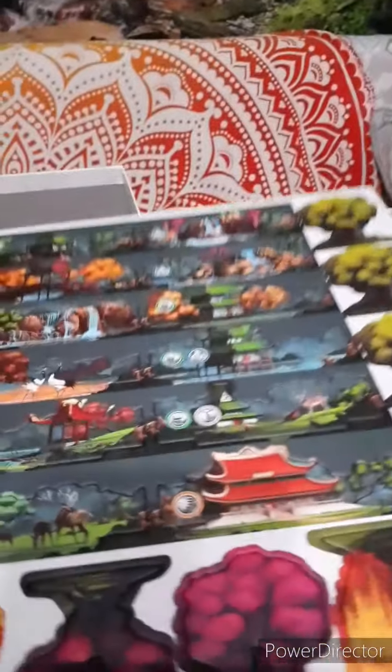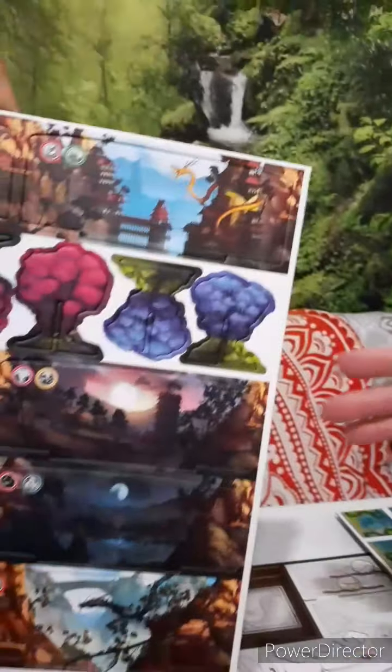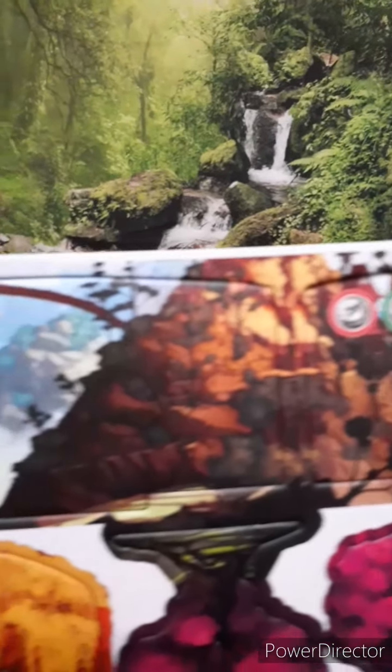Yeah. So that mix. Look at that. And then these are the trees. Wow, so beautiful. And then these are the landscapes. So this is gonna be part of this. Look at that. There's more. There's two boards. I think there's two boards. Wow. And then here's some more. And then we got the longer, bigger ones. You see the dragon, the phoenix. So that's part of the